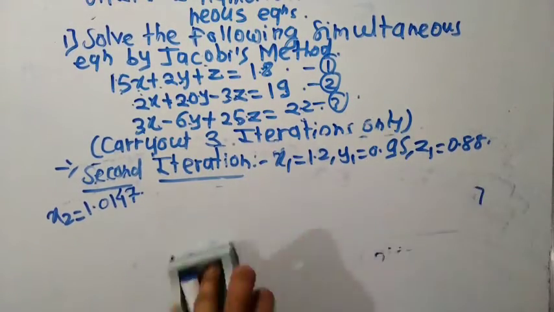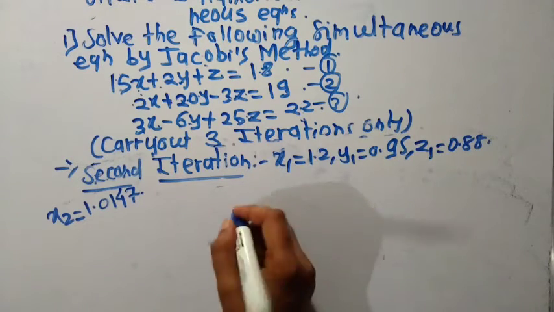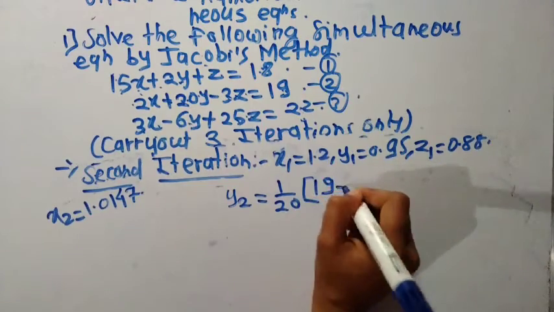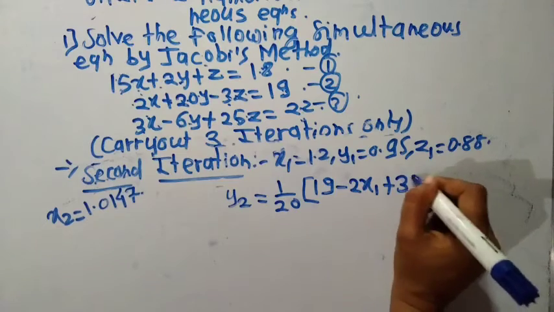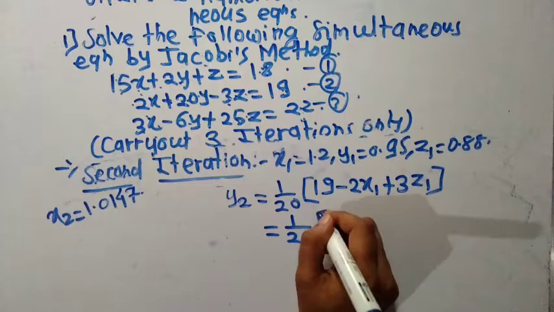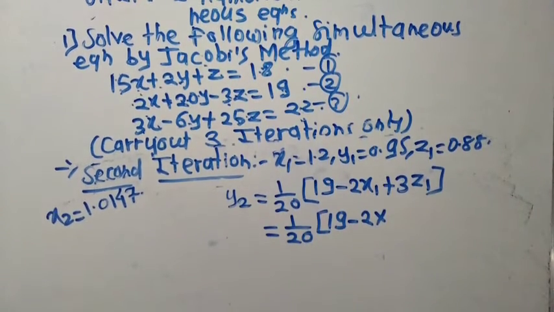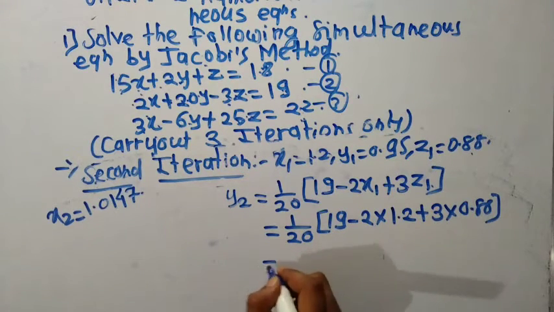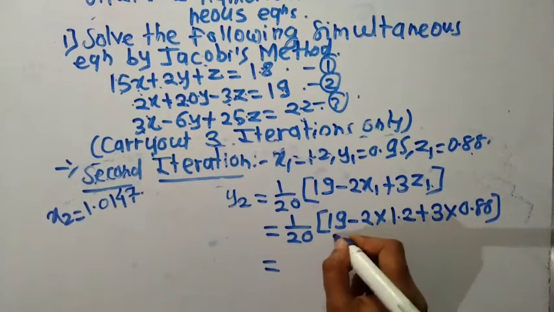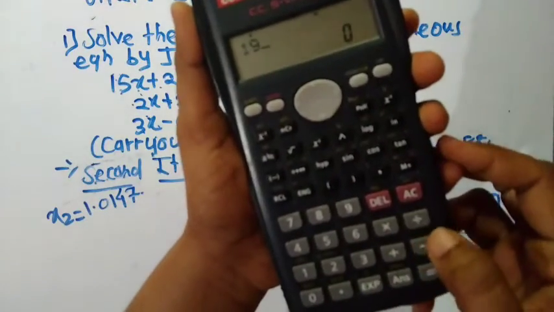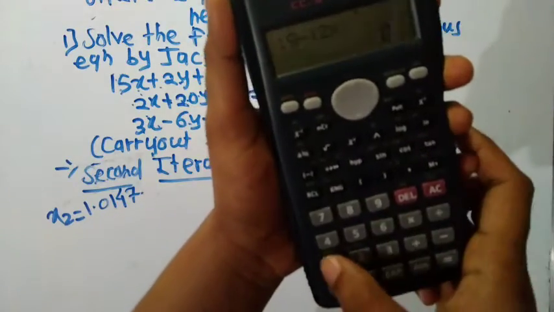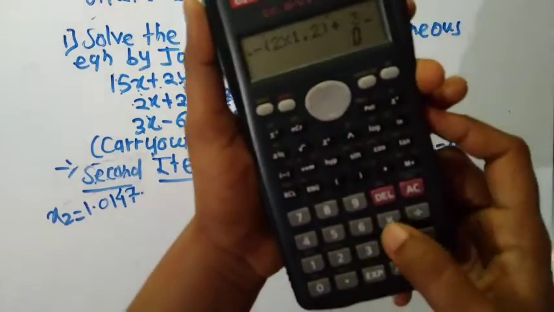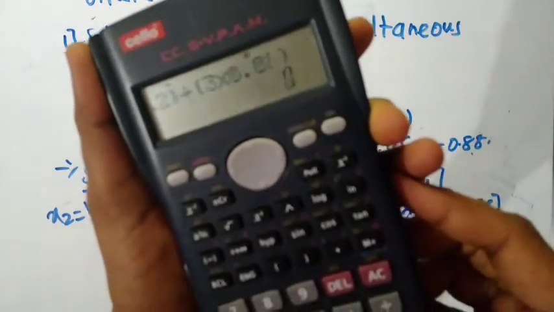Then find out y2. So here y2 is equal to 1 divided by 20, (90 minus 2x1 plus 3z1), which is equal to 1 divided by 20, (90 minus 2 into x1, which is 1.2, plus 3 into z1, which is 0.88). First find out this value: 90 minus 2 into 1.2 plus 3 into 0.88, which is equal to